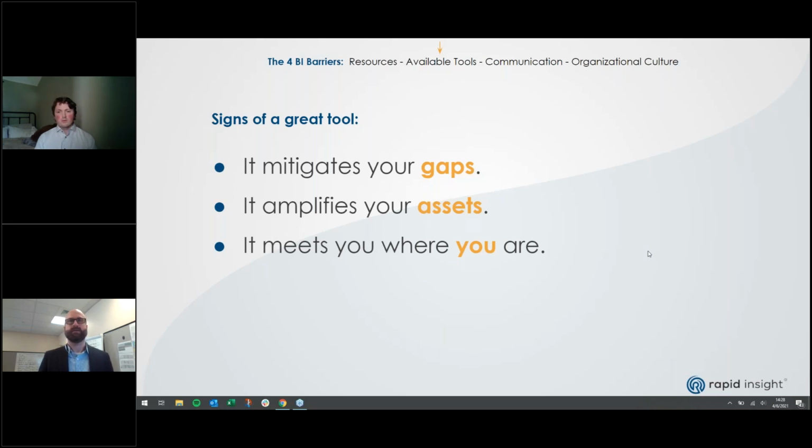And then finally, this is kind of a rehash, but the tool should meet you where you are. Your organization may have aspirations to be data science savvy with a lot of the latest and greatest tools, but that's a process and a progression. Use or find tools that are going to meet you where you are now and help you to grow in your organization. And we can take a look at a few of those examples. Indeed. And leading into that, I want to